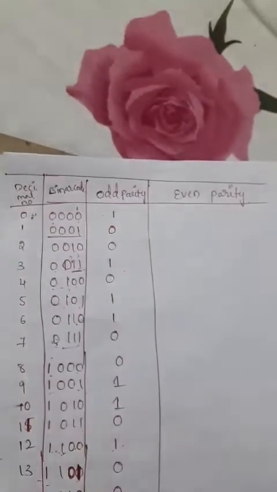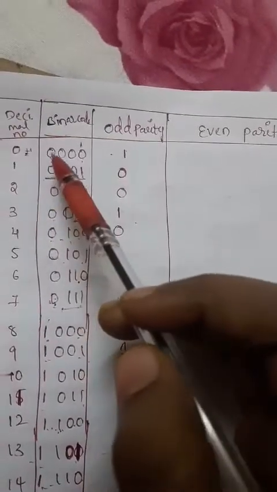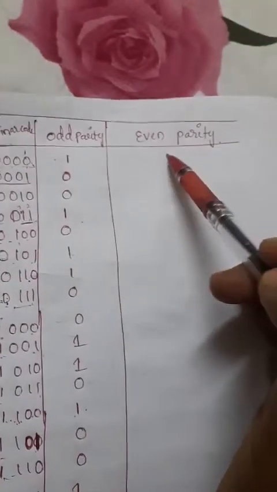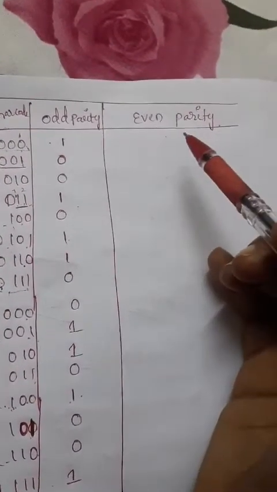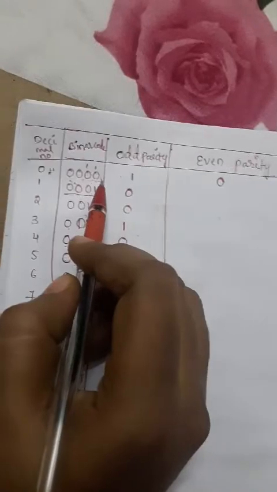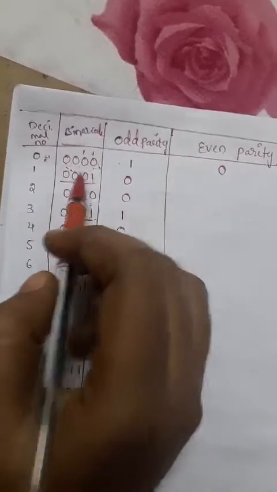Okay, in the same way we need to implement even parity by using these binary codes. So just check it, the binary code of 0 has 4 zeros, but for even parity we need to count the number of ones, right? So here there are no ones, so directly we can mention 0. Why? Because we would need to add 2 more ones, not 1 we are adding here. So the even parity of 0 is 0, remember the point.